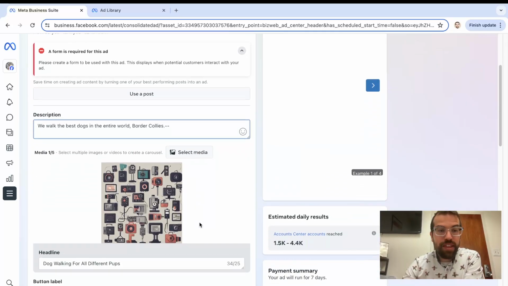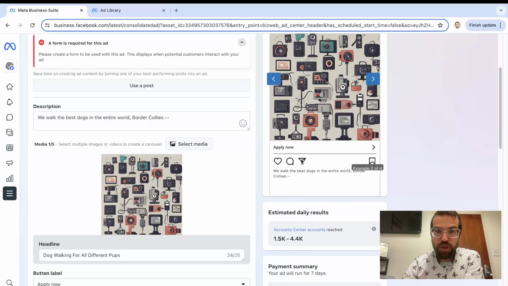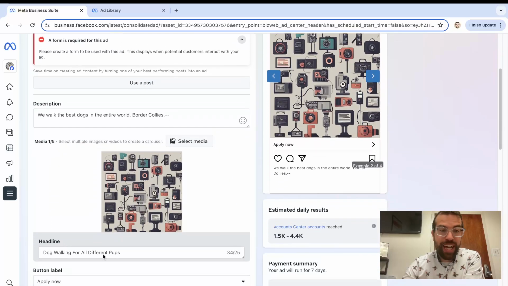Now, from that being said, you still do want to have a headline here. This itself is going to be at the bottom part of the ad, which I'm not sure why it stopped showing up here. There we go. So it will show up more at the bottom part here. And again, this makes more sense. You still want to have your hook line here, but it's going to be fewer words,